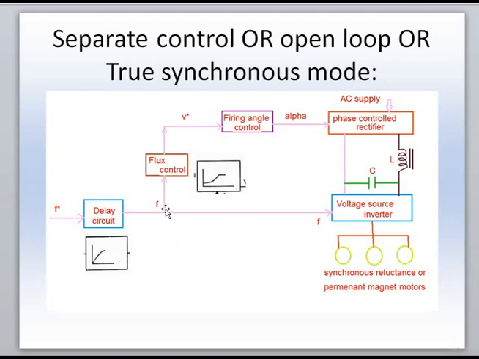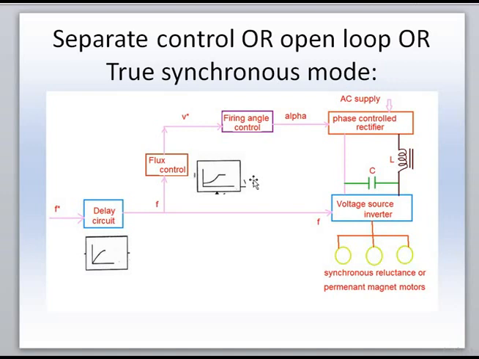Okay, and the same frequency which came out from the delay circuit is given to the flux control. That flux control block produces a voltage reference. Why are you giving a voltage reference based on frequency? Because a synchronous motor is similar to an induction motor. That means we have to maintain a constant V by F. Always we have to maintain constant V by F, that is constant flux throughout all the speeds which you are